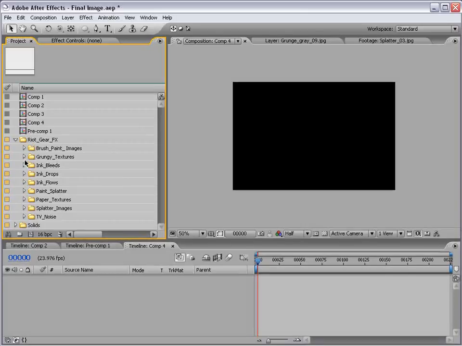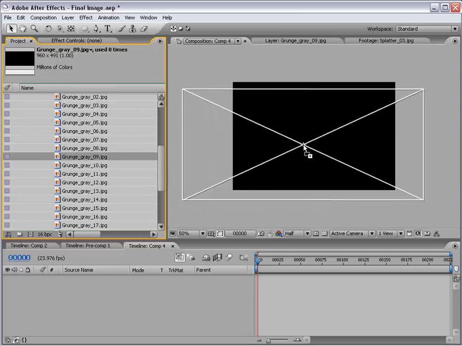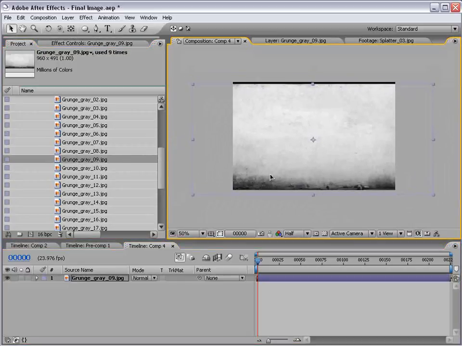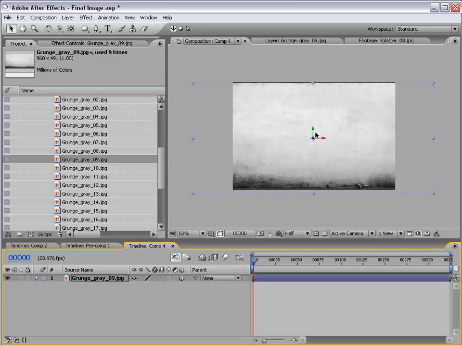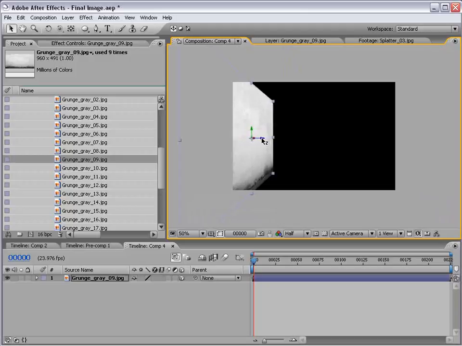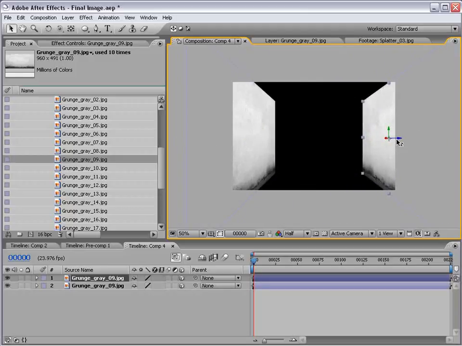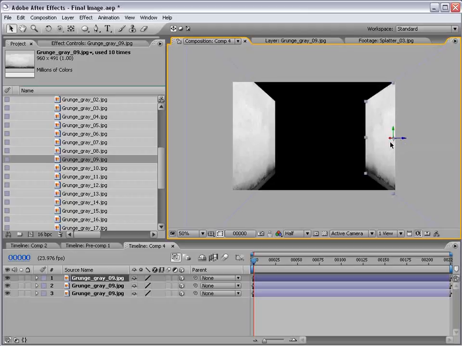Basically from the Riot Gear collection, I'm going to go down to the grungy textures, the lower resolution grayscale, and we'll take number 9, bring it out, this nice wall. We're going to hit F4, turn it into a 3D layer, rotate it, move it over, duplicate it, move it over, and duplicate it again,